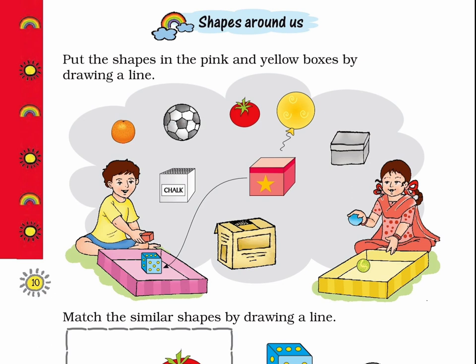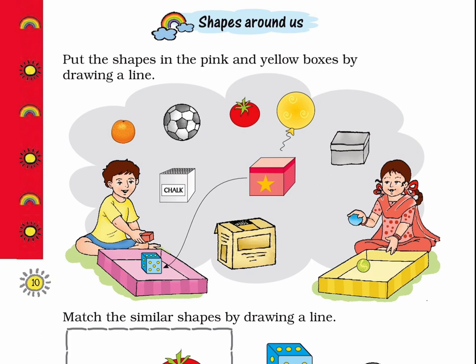Page 10, picture 1 shows a boy and a girl sitting on the floor. Many objects of round and cube shapes like a football, orange, balloon, tomato, chalk box, cake box and gift box in the background. The boy has a pink box in front of him and the girl has a yellow box